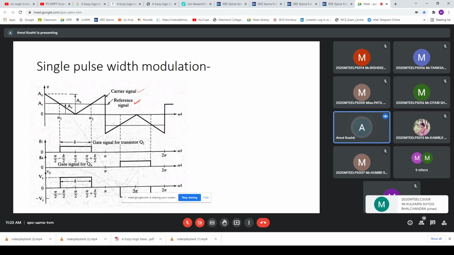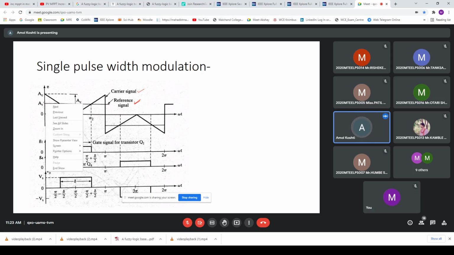Here we have taken one reference signal. That reference signal has a rectangular type of nature. Another signal has a triangular type of nature. We have taken both these signals on the same axis, and here we are comparing this. Based on the conditions, if we want the output which is more than the reference,